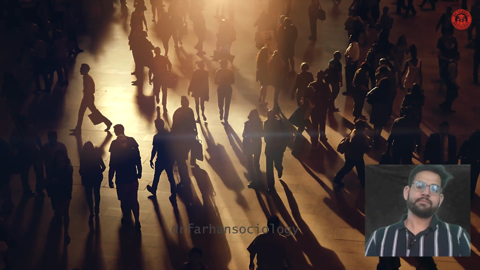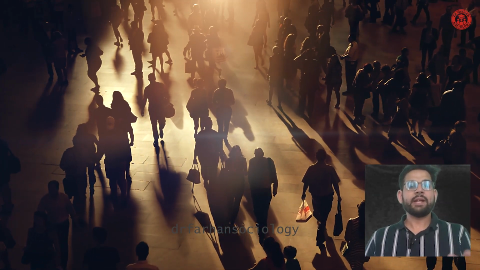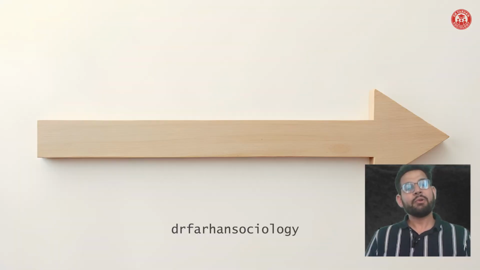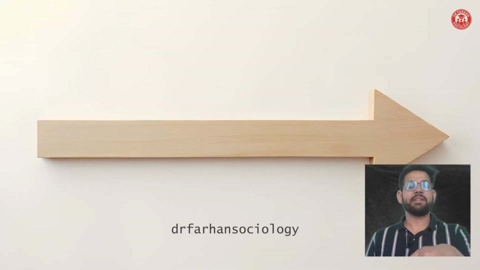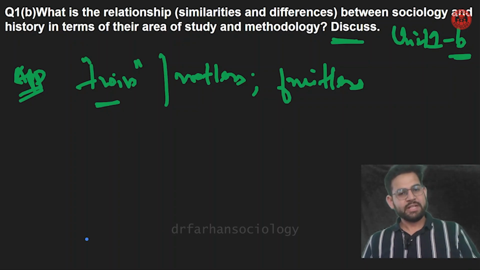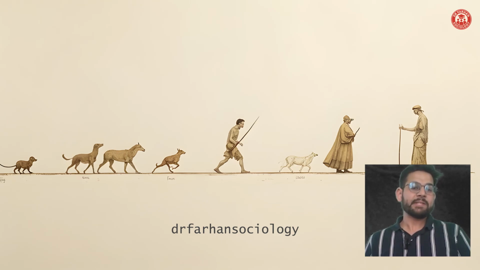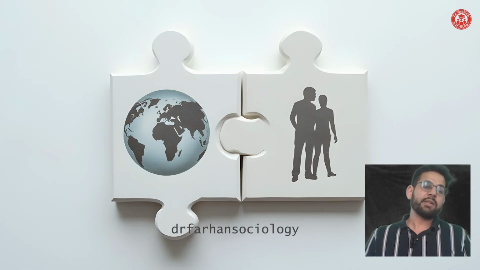What does it mean? If you just look at society and you don't talk about history, then you cannot explain the subject. If I'm saying that today's society is a more developed society, a more modern society, my development and modernity is basically a relative phenomenon from a past society. If I look at the past, today I see that this is development. But if I totally disregard what past societies have been all about, I will not be able to explain the 21st century. So here these two subjects are playing a complementary relationship.